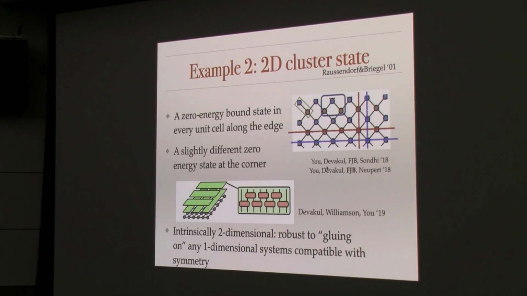You might think that this is a little bit like having rows of one-dimensional systems just stacked together with interesting things on their boundaries. But in fact, that's not the case. You can show that this is an intrinsically two-dimensional property of the system. And the reason for that is that you can add any one-dimensional stuff that you want to this, and there's still going to be something left over of this protected boundary stuff. Good.